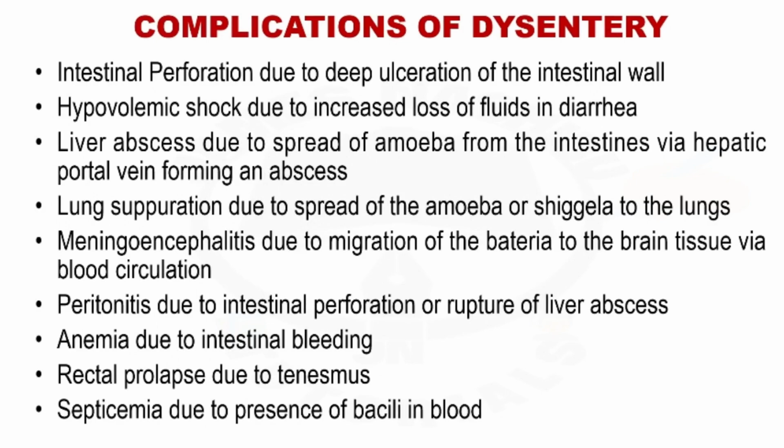So apart from that, having looked at the preventive measures, we can talk about the complications of dysentery. Like I said, one of the first complications is intestinal perforation. That's where, from the affected side of the intestines, there'll be irritation. This bacteria will irritate the intestine, and after irritating, there'll be inflammation, which will also cause ulceration. Because of that, the intestine will perforate. So there'll be intestinal perforation due to deep ulceration of the intestine.